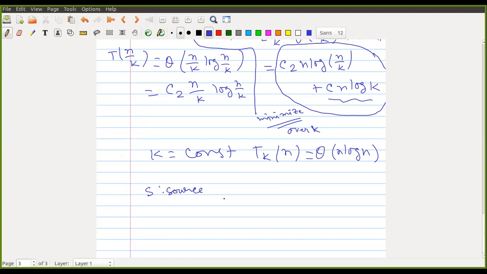You can take any source, but the number of edges is not 11. By source, I mean, what is the book or notes? You are stating this 2 to the power L thing, right? Yes, 2 to the power L. Where have you read this thing? I'm just trying to understand the notation. Sir, in the algorithm, it is given that the shortest path. In which book? Saurav has given that algorithm. Okay.